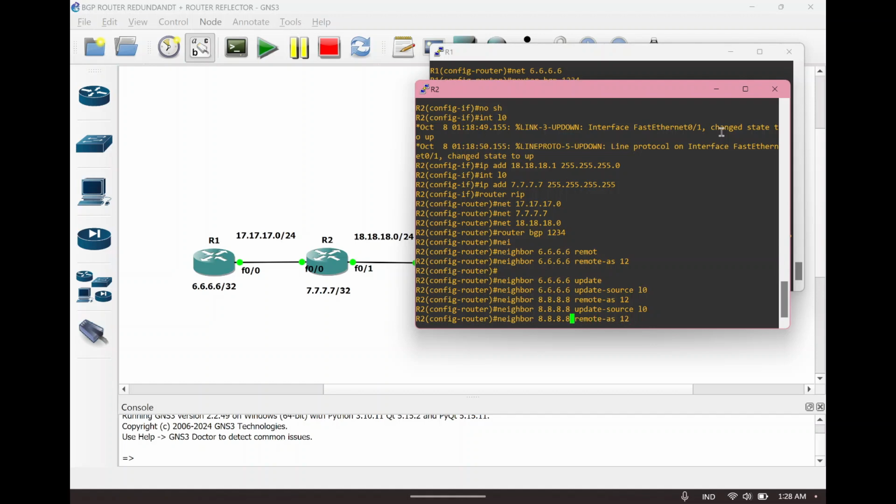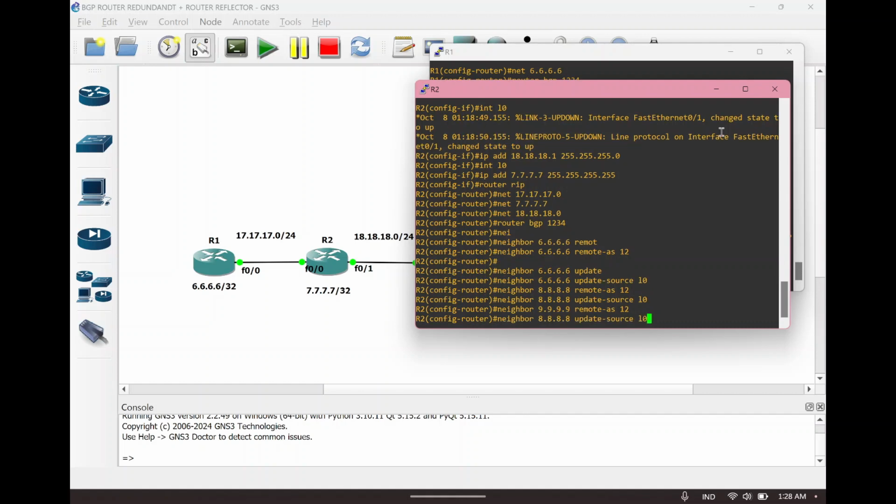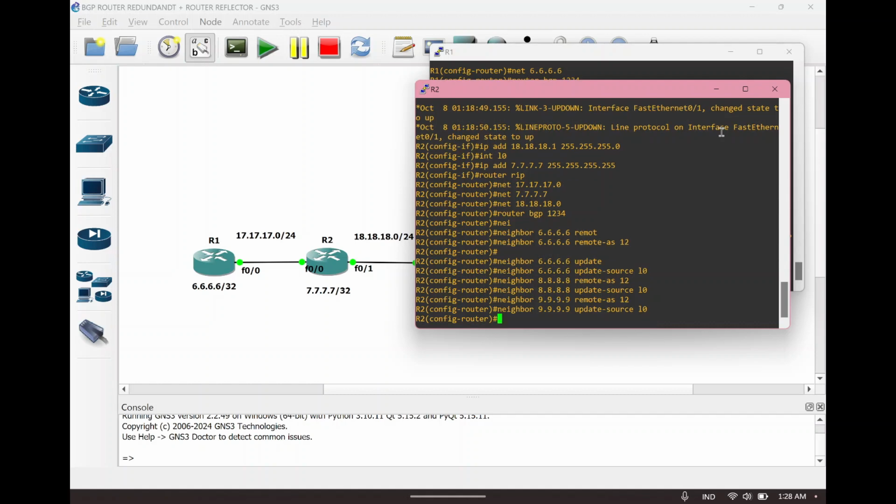Okay. Enter that. Don't forget to enter the other IP.